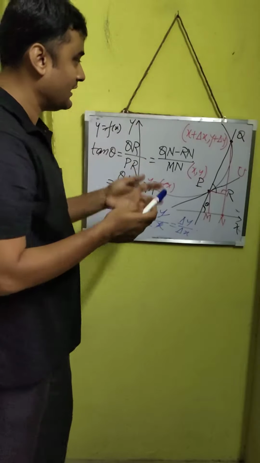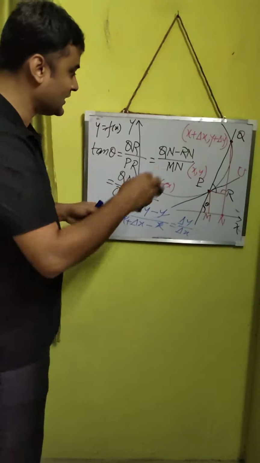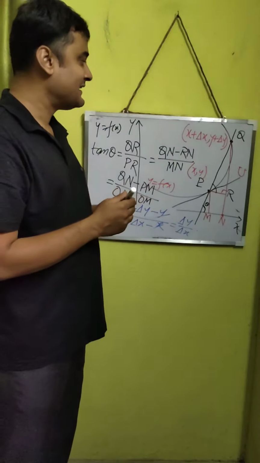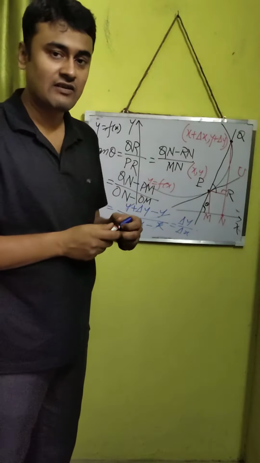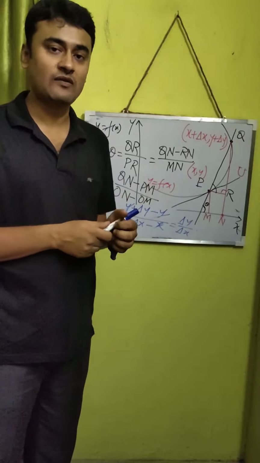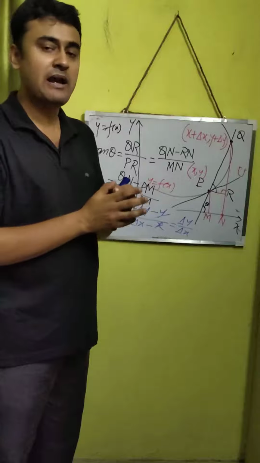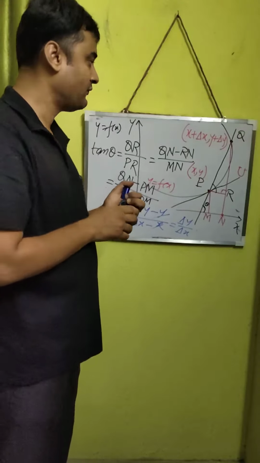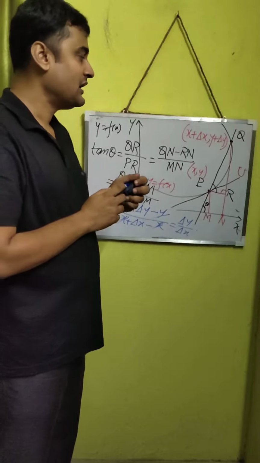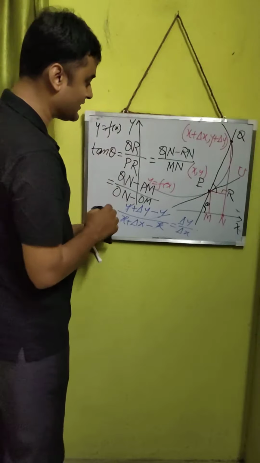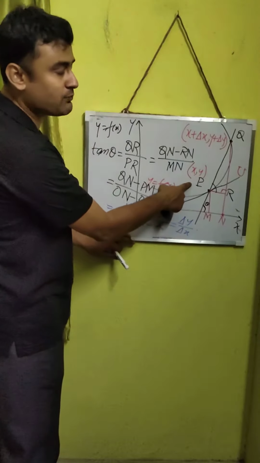Now let us form the equation of the chord. You all remember from your class 11 syllabus in straight lines, the straight line equations have many different forms. One of them is the point slope form. Point slope form requires a point and a slope. So we have a slope and we have a point also.